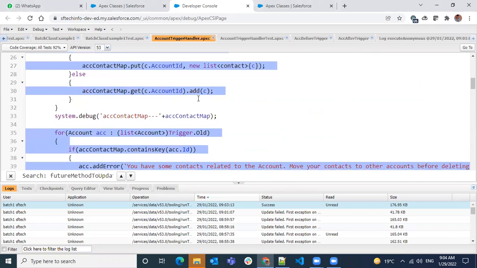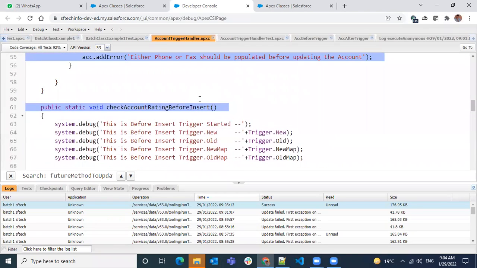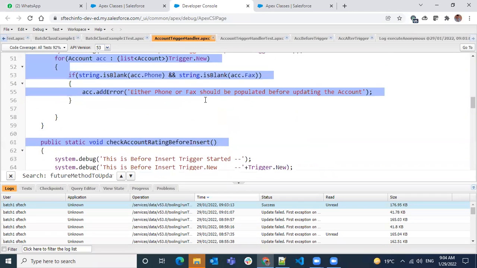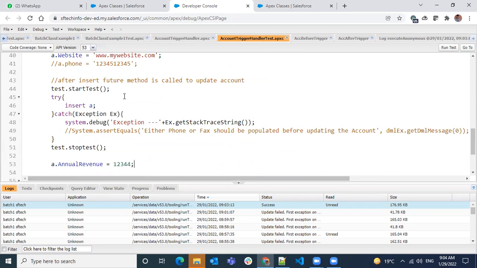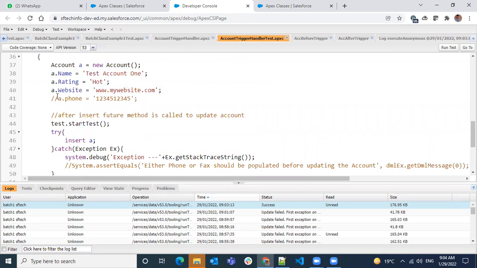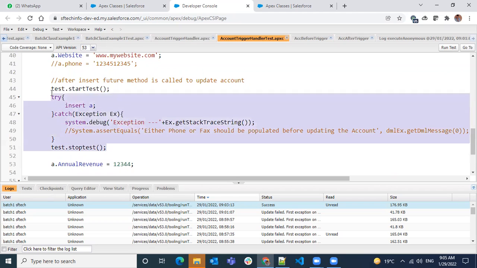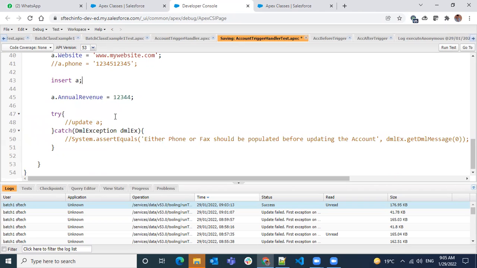So in the trigger handler, where are we saying contacts, this before insert? We're checking for some error, right? Yeah, this one. Either phone or fax should be populated. So we're going to handle this one account, and then